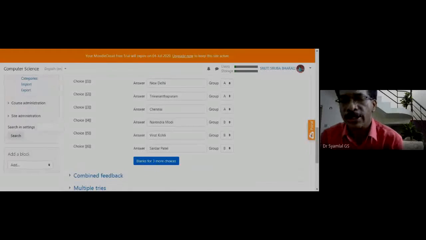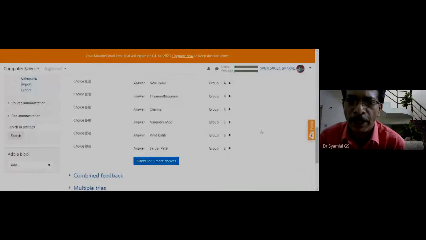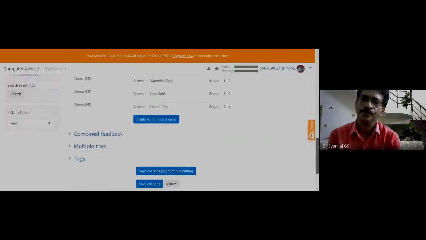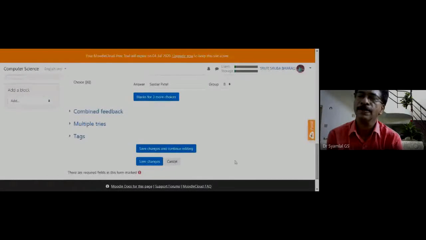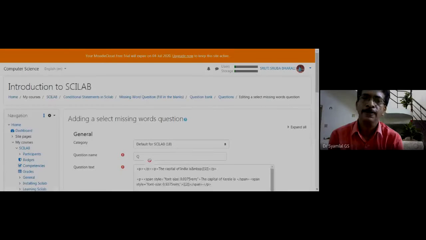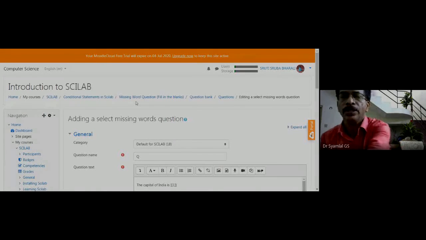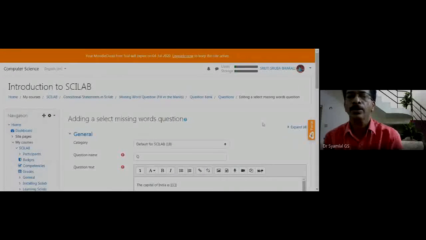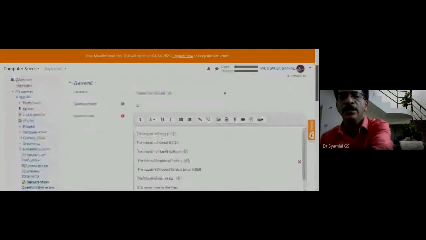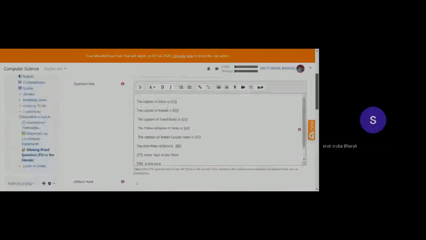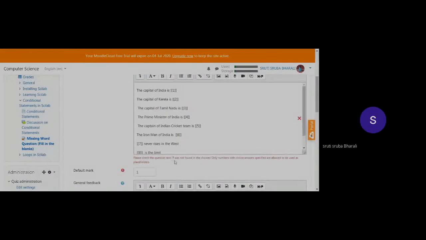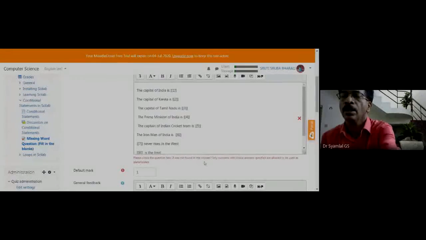Can you close? Go down. We'll stop here. Save changes. Shruti ma'am, take me to the questions. Sir, I had changes. Question name. No, what is our issue? Come down. See, save changes. Please check question box 7. 7 was not found in the choice. Now give the 7, question number 7.